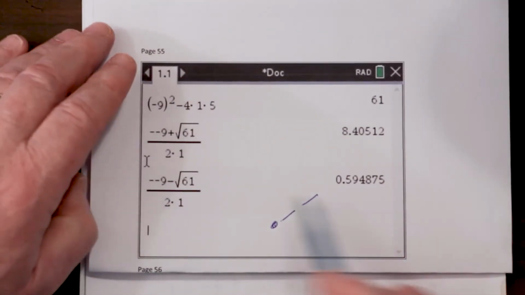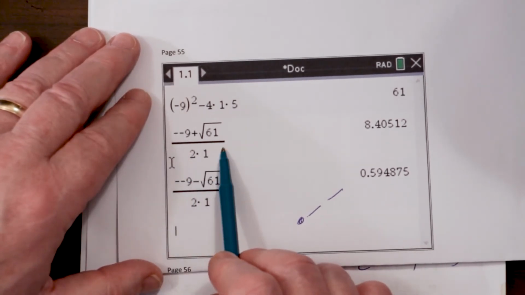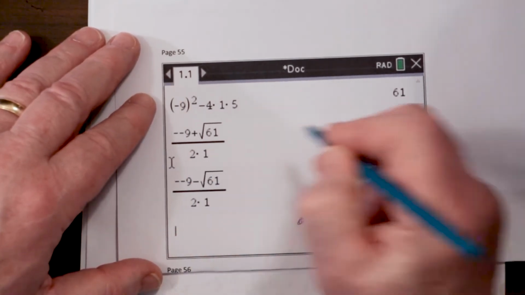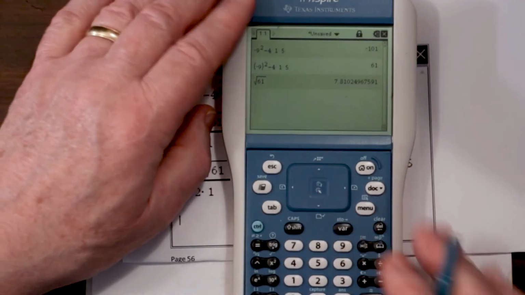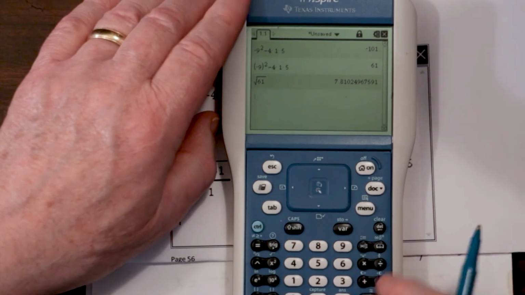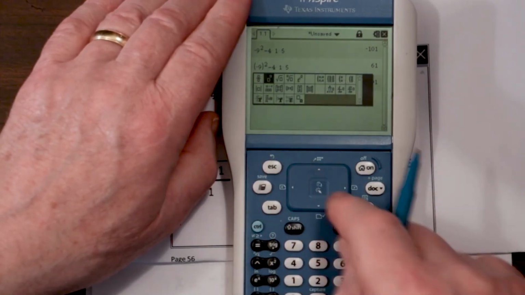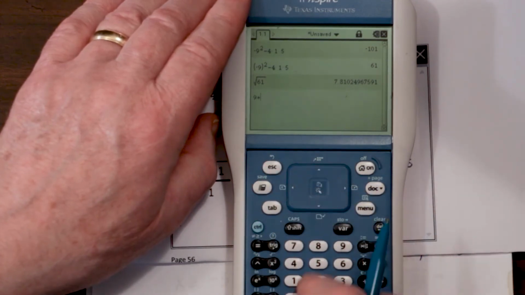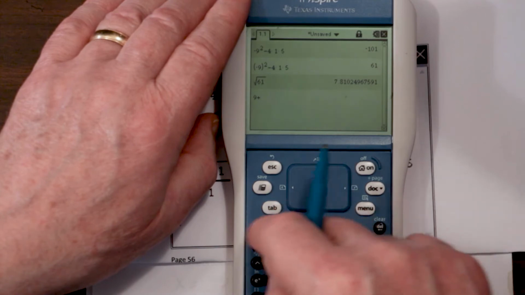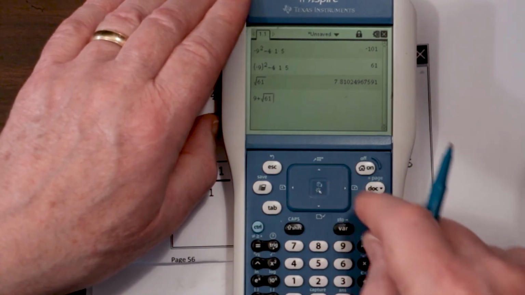So once again, be careful when you key this in. You have to make sure that it looks like this once you key it in. If you don't do it right, it'll look different. Actually, I'll do it for you so you can see. If I do 9, and I do plus, and I do the control square root 61, and remember to arrow out to get from underneath that,